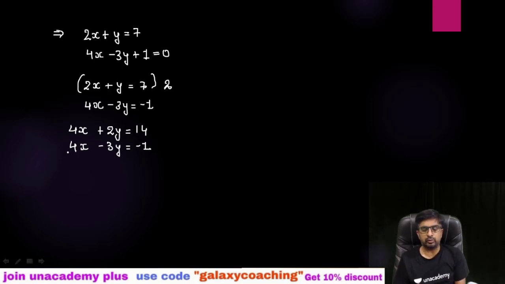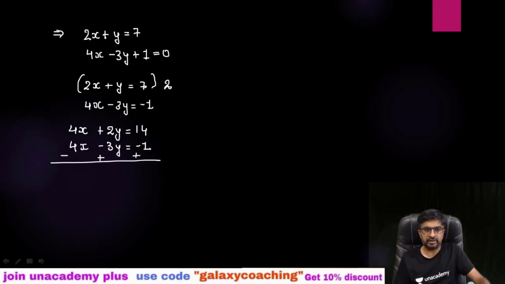You need to keep in mind that sometimes you need to add, sometimes you need to subtract. Here we need to subtract. Why? Because both have the same sign. When both are positive, you need to subtract. When both are negative, at that time also you need to subtract. But if one is positive and one is negative, at that time you need to add. So here we are going to subtract. When you are subtracting, all these signs will change. This was plus, so it becomes minus; minus becomes plus. This is minus, so this will also become plus.